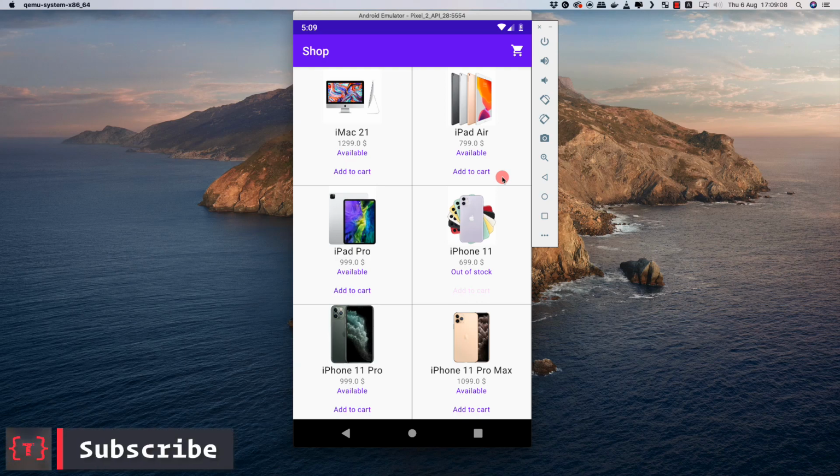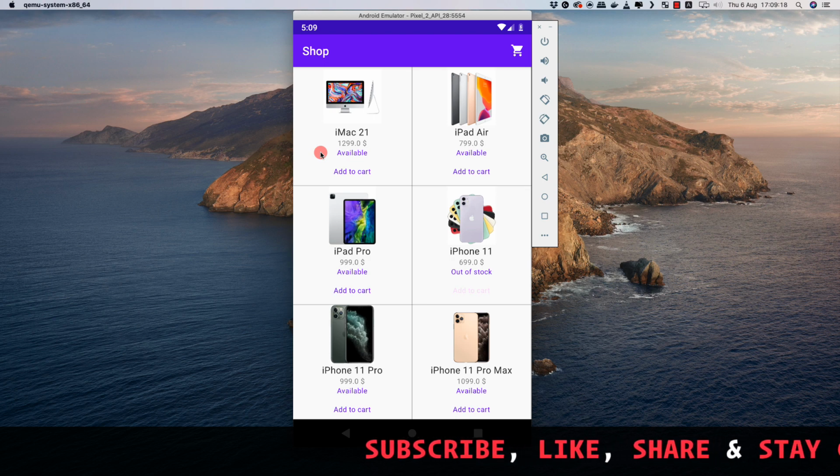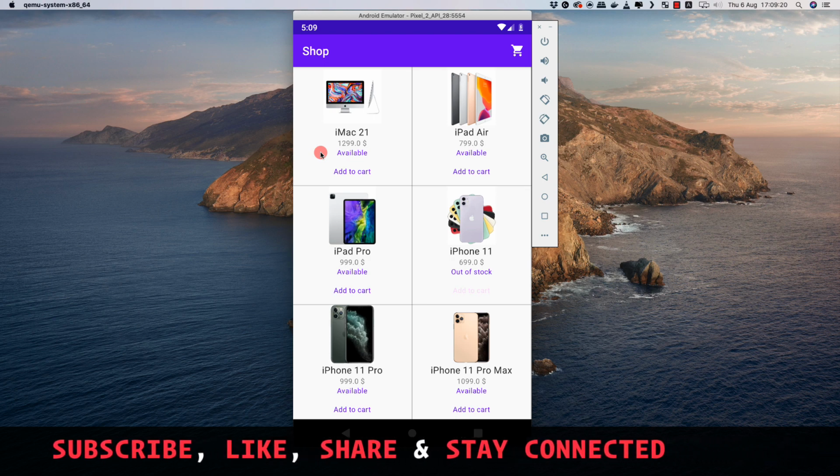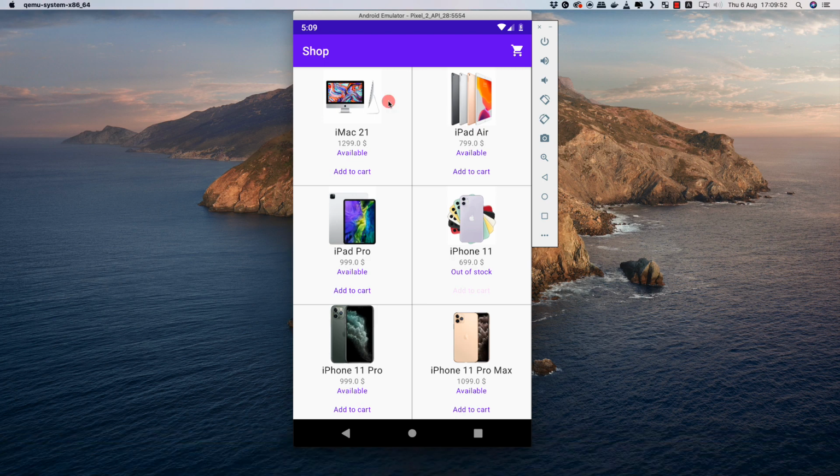Okay guys, so let's take a break from coding and let's implement custom fonts inside our application. Currently, as we see inside our application, we are using the default font, and that is the Roboto font that is provided by the Android framework. So in this video, let's see how we use our custom font, that is Open Sans, inside our application. The first thing we need to do is to get our custom font.